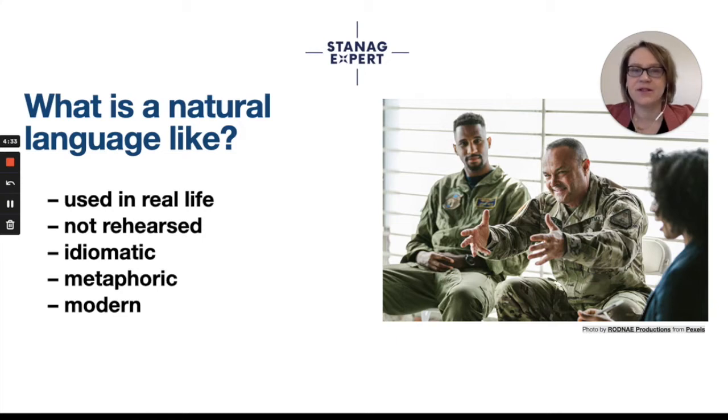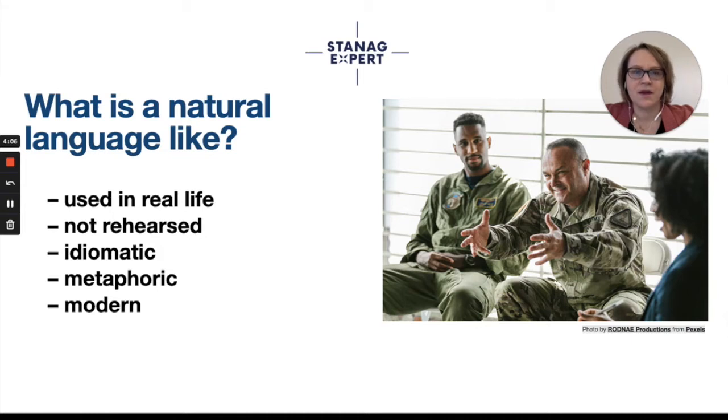This is the language that is not rehearsed, not learned by heart, not prepared especially for the exam. A natural language is usually idiomatic and metaphoric. This is a characteristic of real language used by native speakers, and this is the language that sounds natural. Just pay attention to the way you speak in your native language, and you will see that you do use